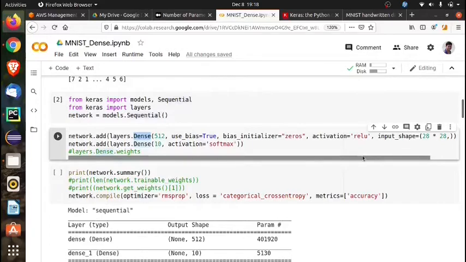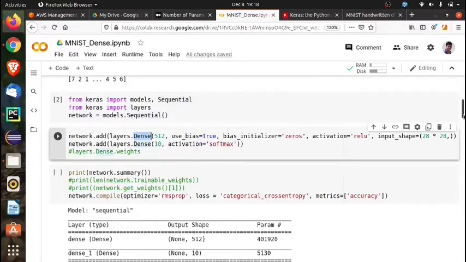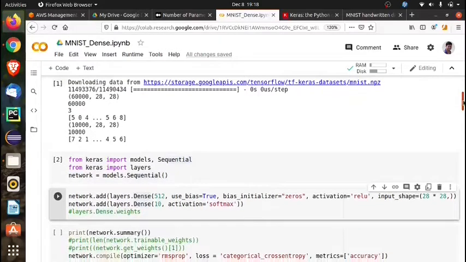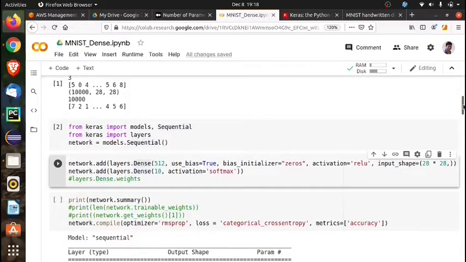For the dense layer we have to use 1D data, but our actual input images are 28 by 28 in width and breadth, and we want to convert them into a 1D vector.